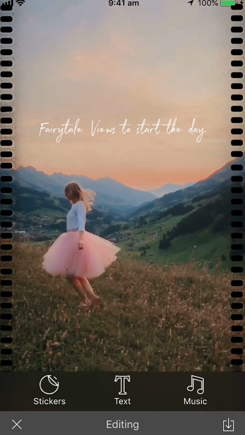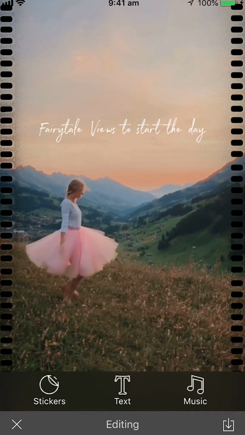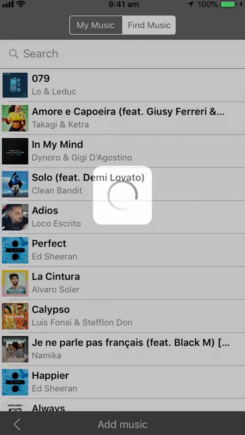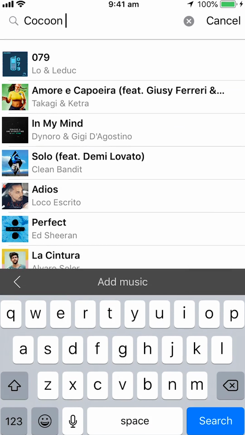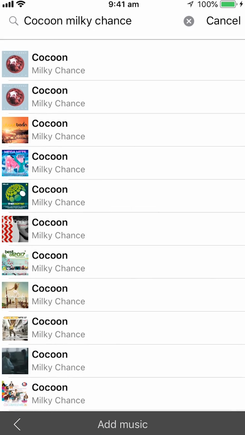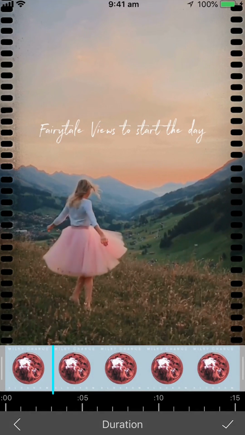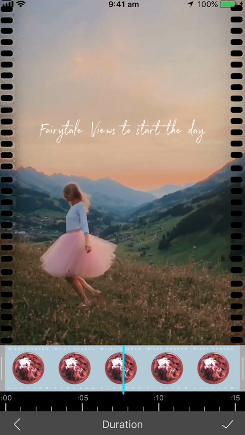So there's that, and then there's also the music function. So you can add music over the top of your video. So I'm going to click the little music symbol. So I'm just going to type in the name of the song that I'd like to use on this video. And press search and then pick the song. And then that will play the song over the top of the video. So I just press the tick